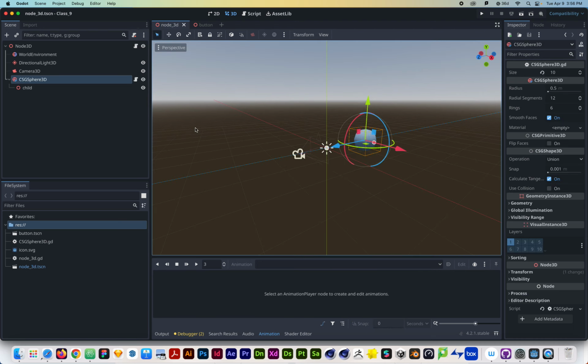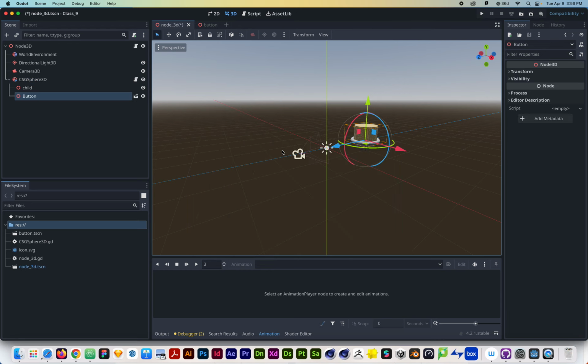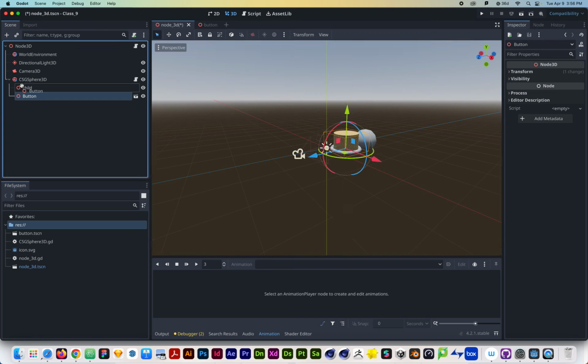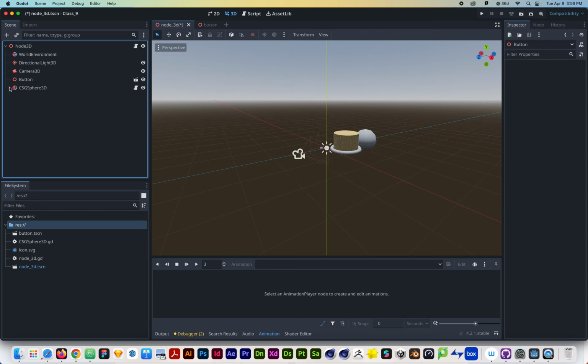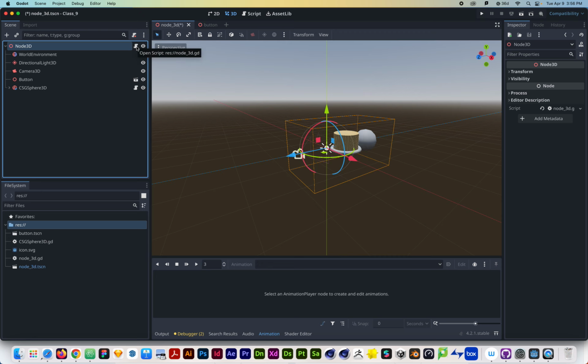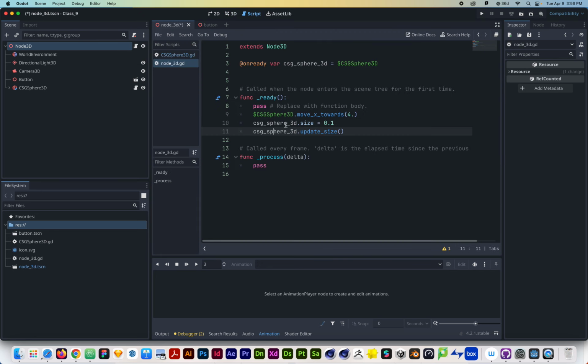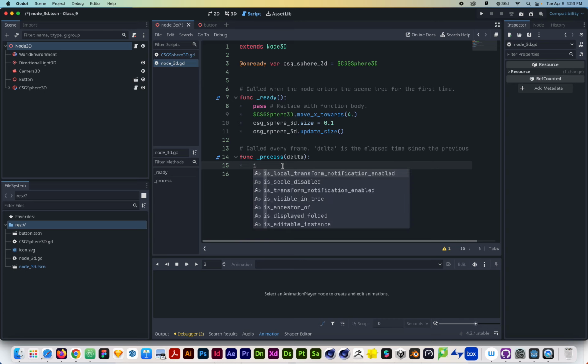and go to our main scene, right, and we add in our button. So I did Command-Shift-A to instantiate this scene, right? You can do all sorts of stuff. So if it's just in the root, for instance, I can open up this main script, and in the process function, I can just look for the space button to be pressed. So I can say if